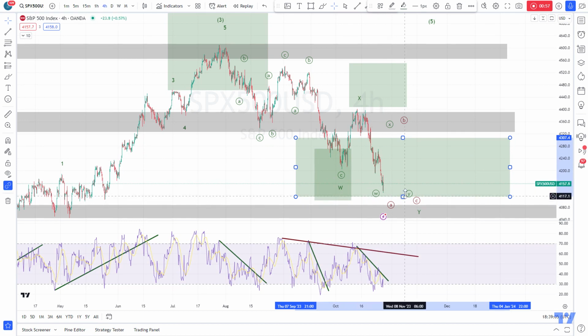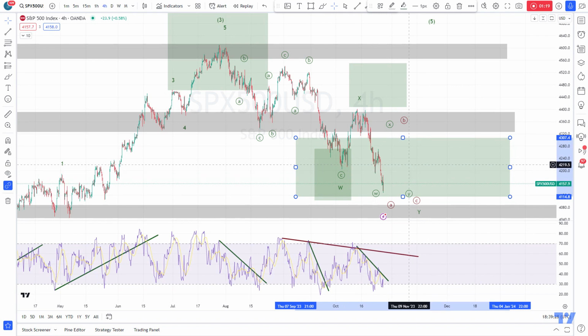We cannot really go much lower anymore, or this would not be a wave 4. And if this is not a wave 4, then we can consider actually way more bearish scenarios for the S&P 500 and the markets